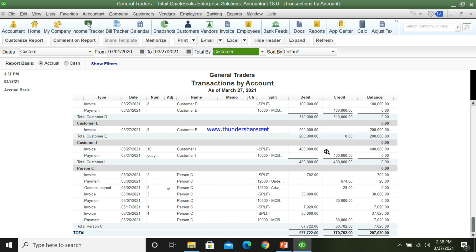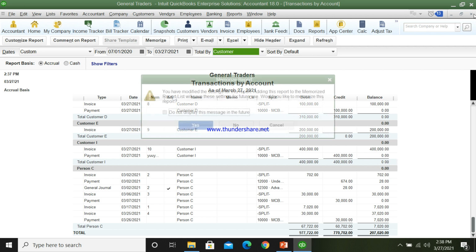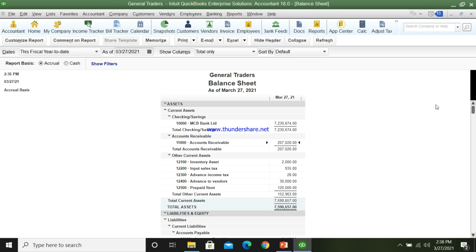The remaining 400,000 was recorded on 27th of March as receivable, and on the same date the payment is also received. So this receivable account is credited, and now the total receivable of customer I is 0. So we have also checked the reports.